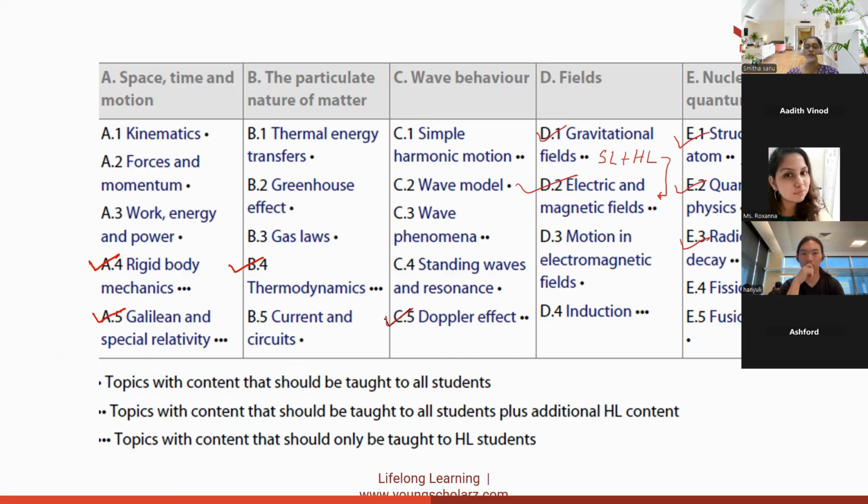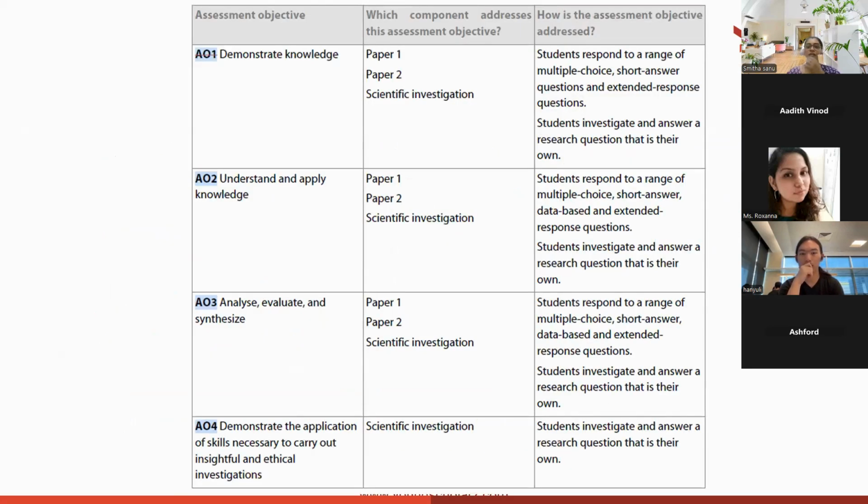Okay, so assuming that you have understood everything, let's take it further. If you can see the major topic, we have to know what is an assessment objective. What are you tested for? You are tested for your basic knowledge, that is the concept, and that is nothing but demonstration of knowledge. So whenever you are studying the content in physics, it is expected that you should have certain basic concepts like laws, definitions, certain rules. It has to be understood well, and that's why you are judged for assessment objective